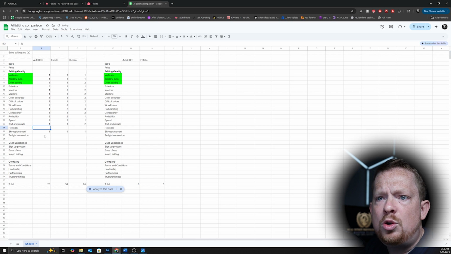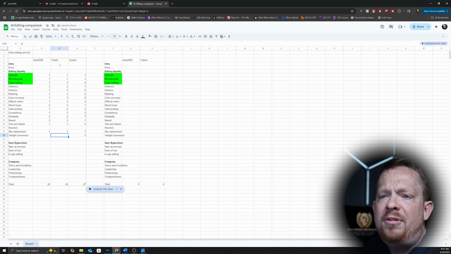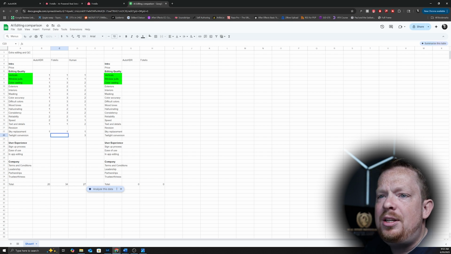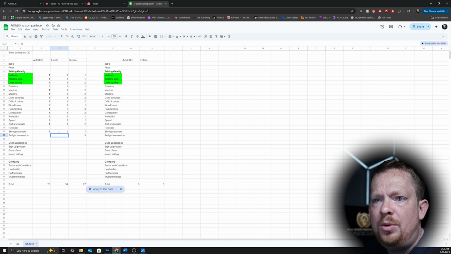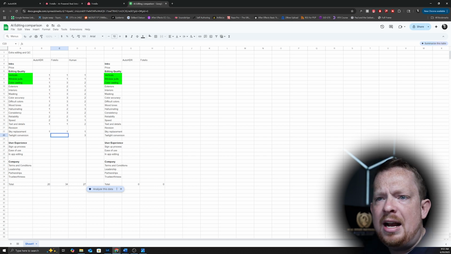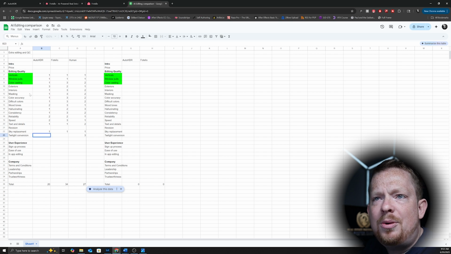Revisions, we haven't done that. Twilight conversions, we can talk about that. Humans are going to win here. Okay, humans still have the upper hand over AI, no question. Fotello doesn't have one. I imagine if you ask them to give you a twilight conversion, they'd say no, I don't. They only fix it if an AI makes a mistake. But AutoHDR's is, in my opinion, unusable. Once again, even though Fotello doesn't even have an option, they're not doing one that's going to backfire on